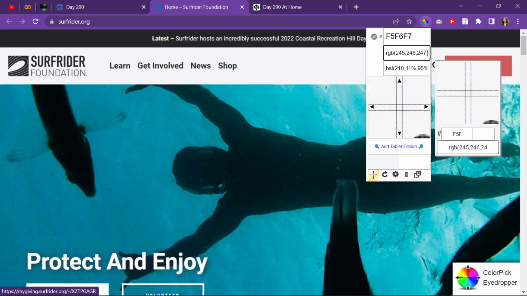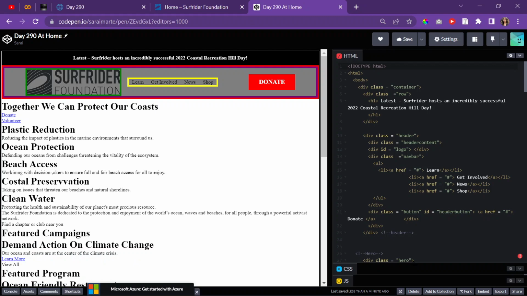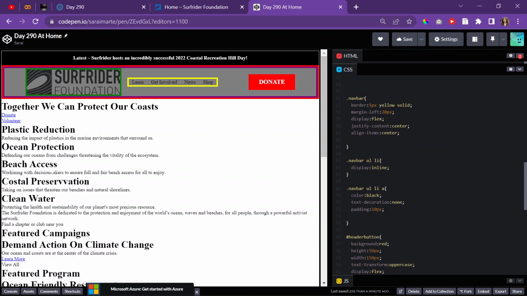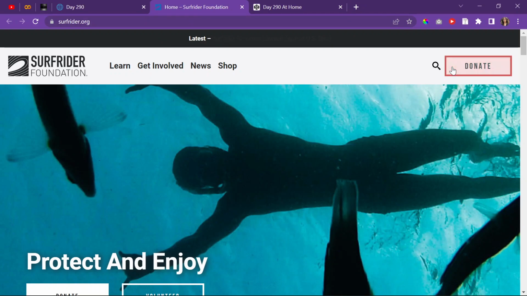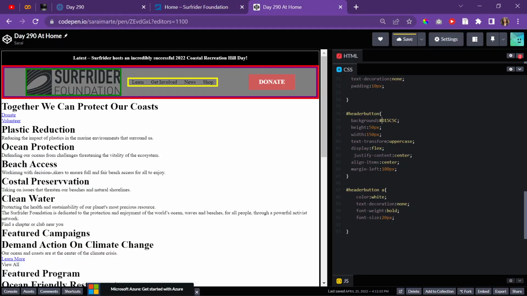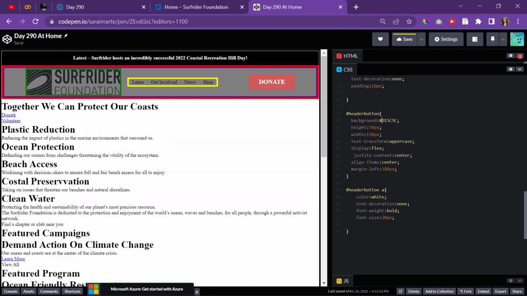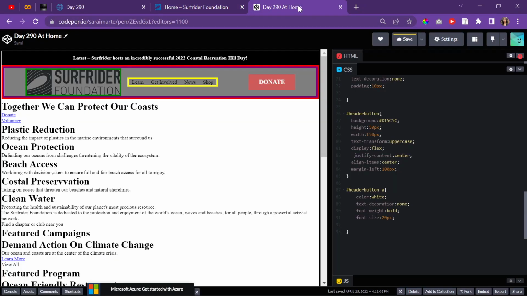I just wanted the color of this specific red, because right now I just have it as red. The header button, I have it as background red, and I need it to be the specific color. And then when you hover over it,